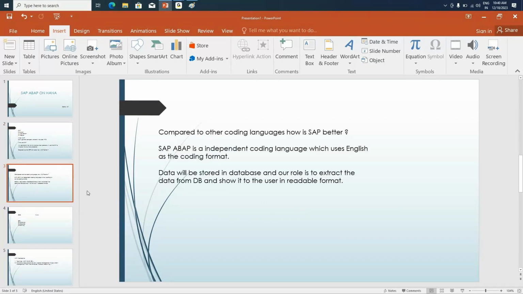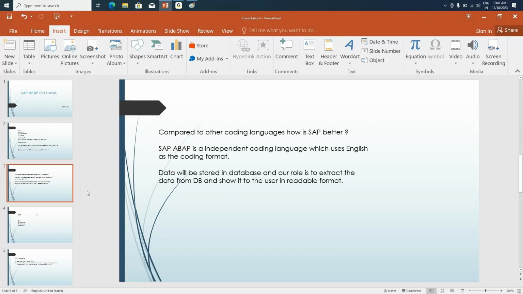And compared to the other languages, your ABAP language is far more easier, because you don't need to have any prerequisite knowledge on any existing software, or you don't need to be from a technical background also. Even if you are from an MBA background or from a degree background also, you can understand this, because as a trainer we have seen people coming from the degree or MBA background too, who want to settle in the IT background, which is completely normal. So in terms of that also, this will be a lot more easier, because ABAP is having very less coding syntaxes and all, and easier to understand language too.